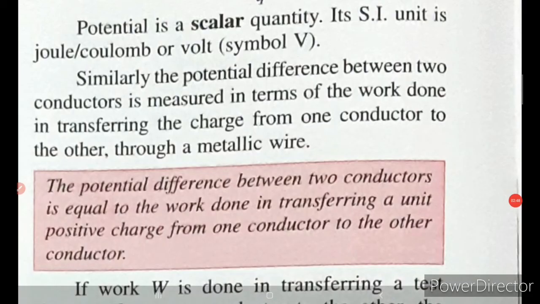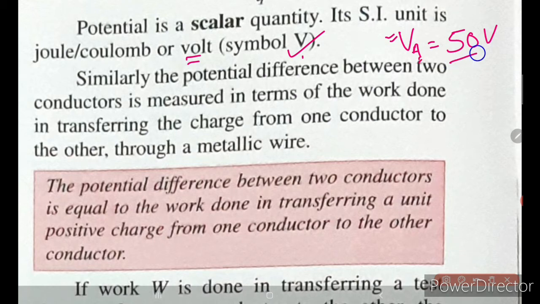whose symbol used is V, right. So the symbol for potential difference is V, and for volt is also V. So suppose we want to write the potential of A is 50 volt. So we write potential of A is 50 V. This V represents the potential of this particular point, and this 50 represents the magnitude, whereas